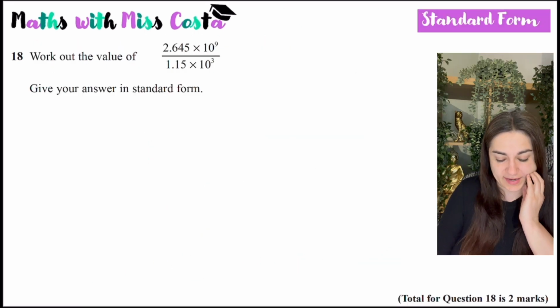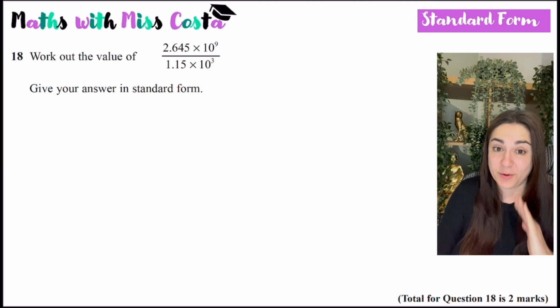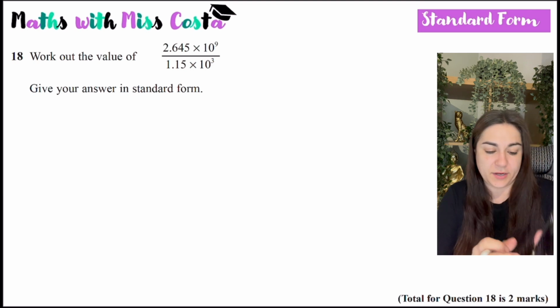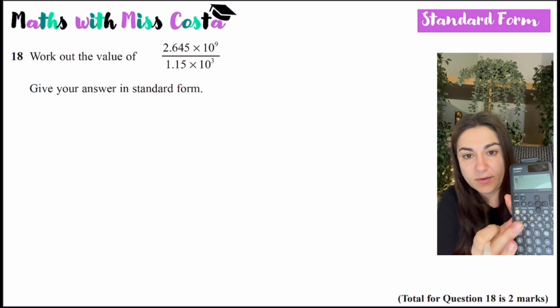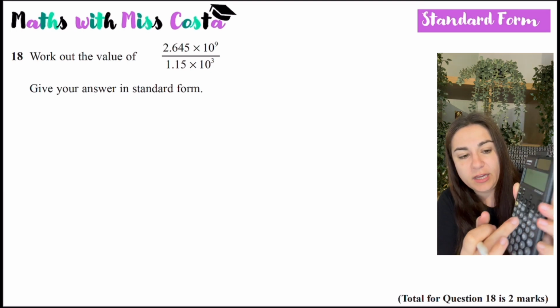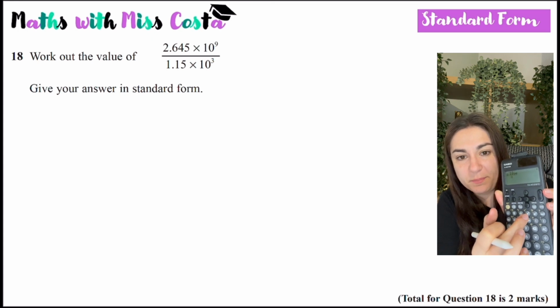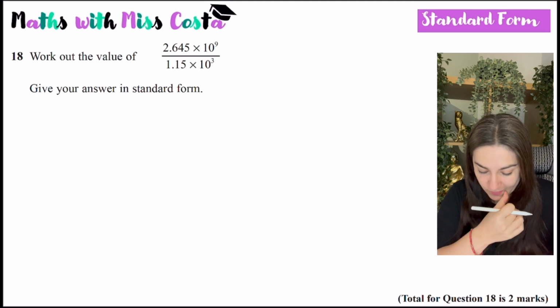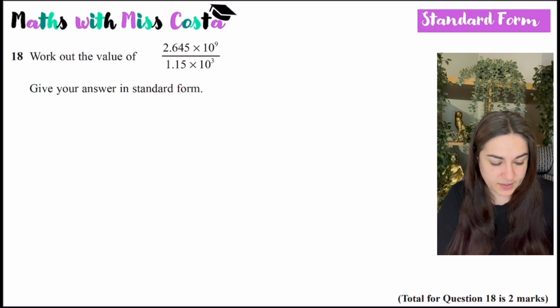Okay, next we've got a standard form question. So this is a calculator question, so we can just type it into our calculator. So you use the fraction button, you type in 2.645 times, and if you don't know how to do the power of, you press that button there where it's like a box and then a thing on top of it, and we write 10, use the arrow, go to the power of 9 over 1.15 times 10 to the power of 3,